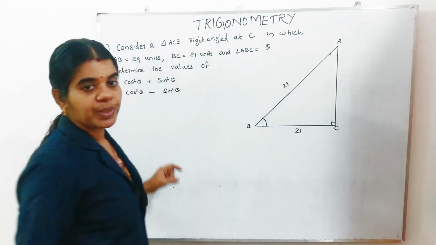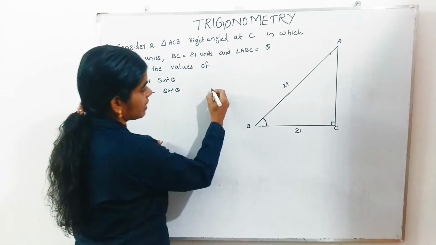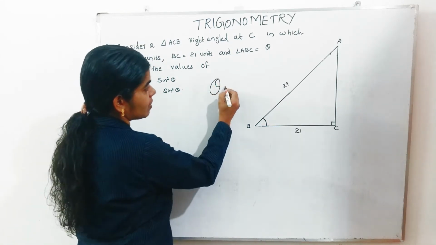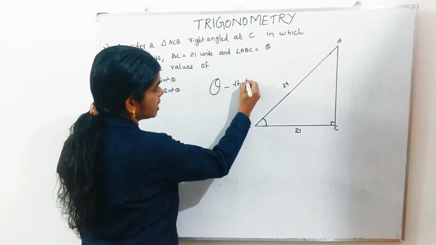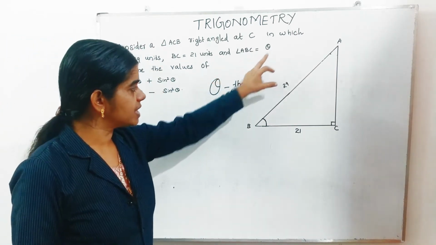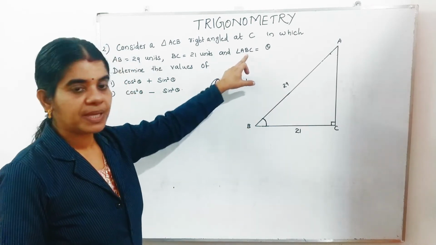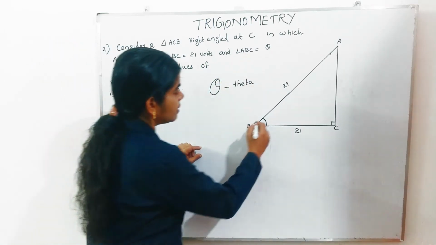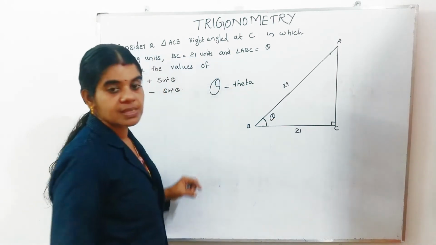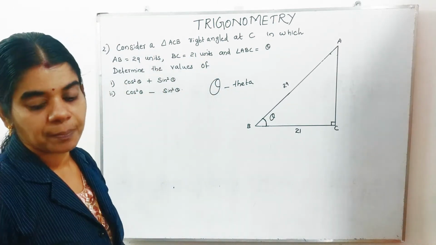This is a new name to you. This is how we write theta. Inside we are giving, this is called theta. Angle ABC is equal to theta. So in the middle letter B. So angle B is equal to theta. Just look, it is like a zero with a line, we are giving one this way. That is how we can call this theta.